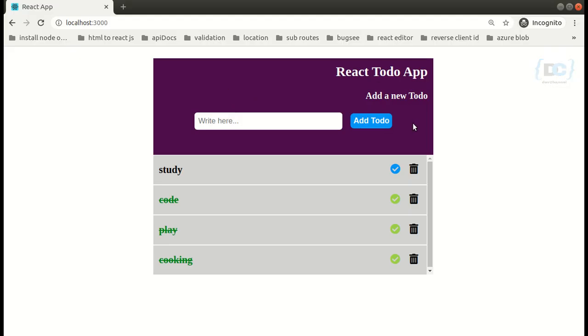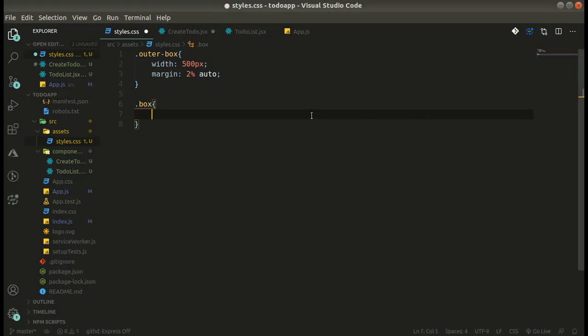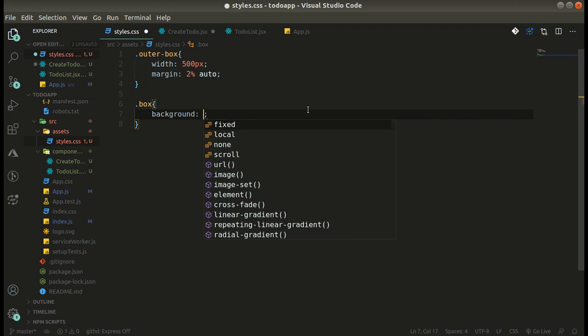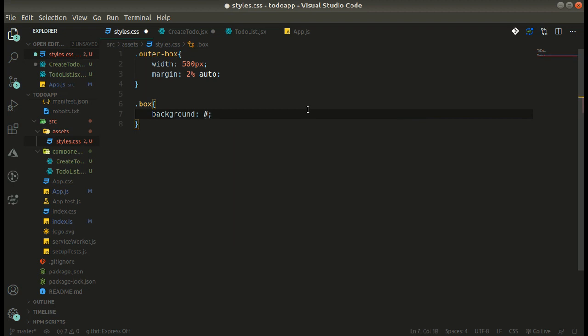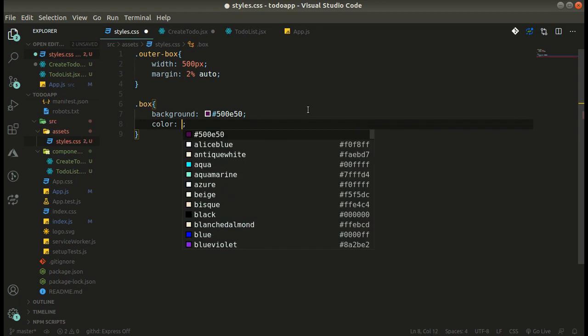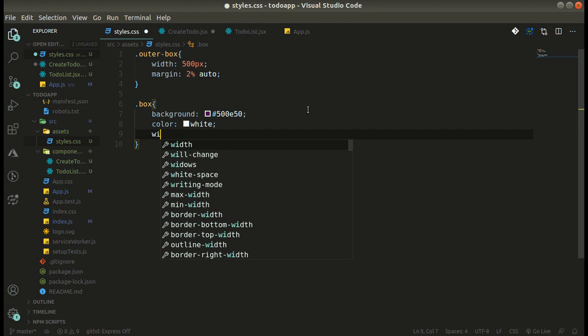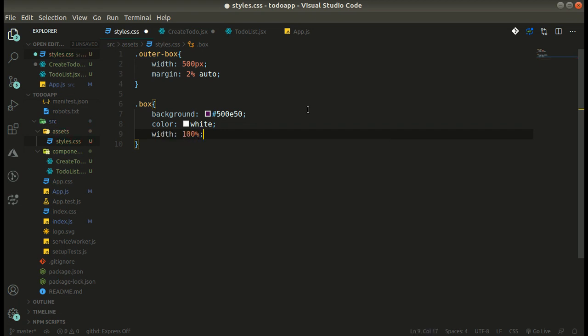Our box will have the background color as purple, and the color white. It will take a width of 100% and a height of 170 pixel. Okay, cool.